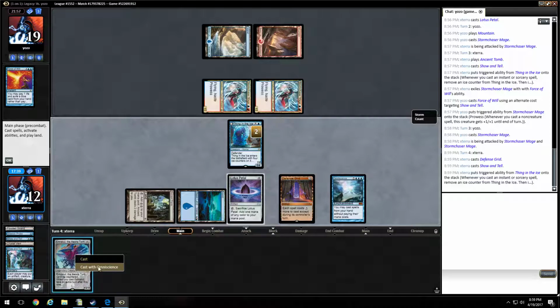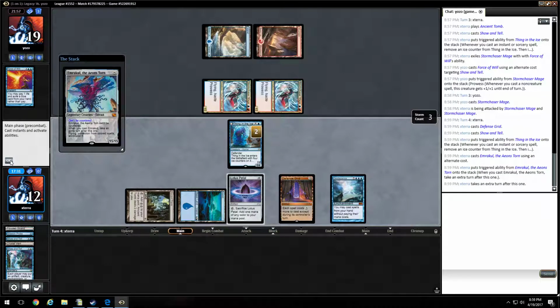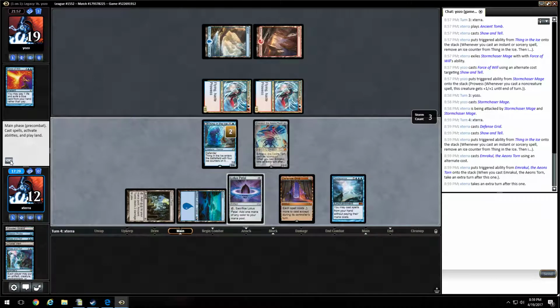Okay, he reveals nothing, and we're going to cast Emrakul with Omniscience. He should probably scoop. I imagine he scoops. Okay, I guess he's just going to let me...